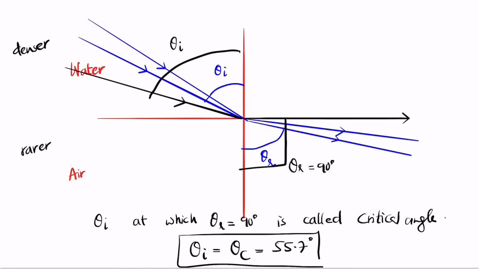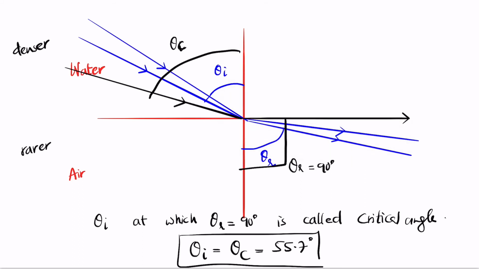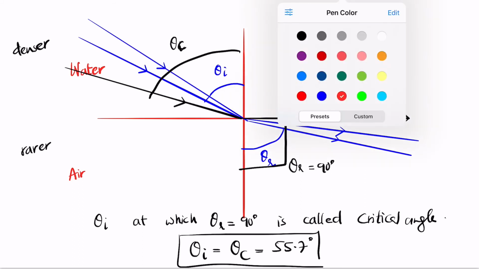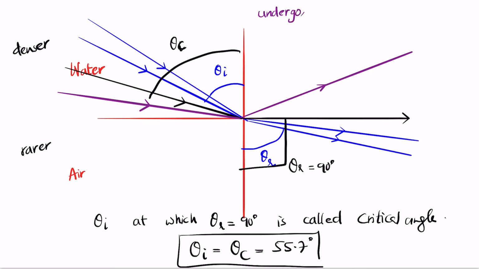Let's say you increase the angle more than the critical angle, what happens then? Let's say we have a light ray that hits at more than the critical angle. Let's say this is the angle at which you are trying to hit the light ray. Remember that then theta r becomes much larger, and it ends up going back into the medium. So it increases the angle much further, and rather than actually refracting, the light undergoes reflection.